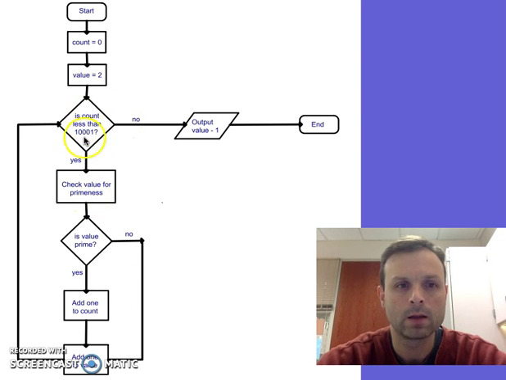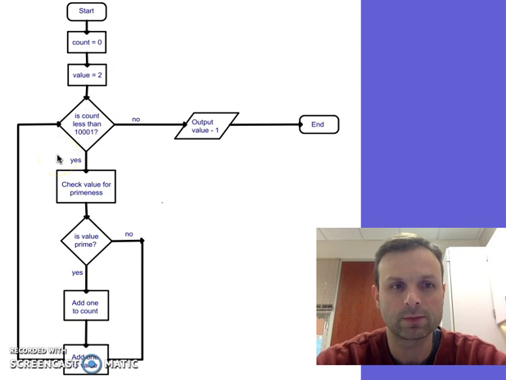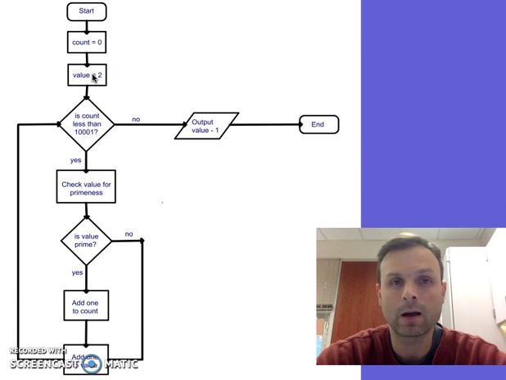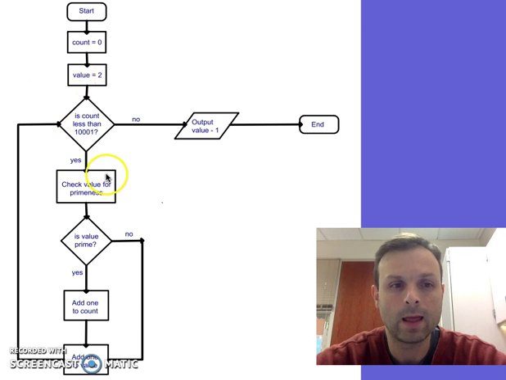If this is the main program, if you will, what I want you to do is realize we had a while loop going on in that assignment where you were checking for the 10,001st prime. We set a counter variable, and then we were checking values and counting how many of them were prime, adding one to the counter if we found it was prime, and just adding one to the value either way. And then what we would do is check to see if each of the values were prime,